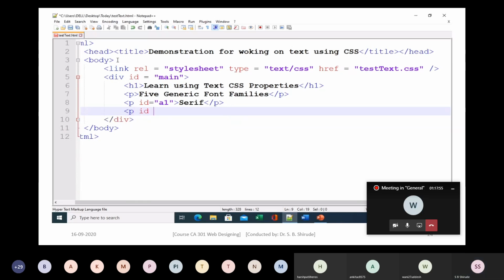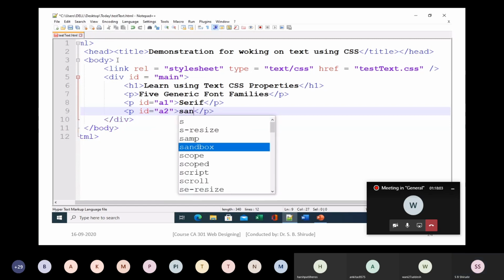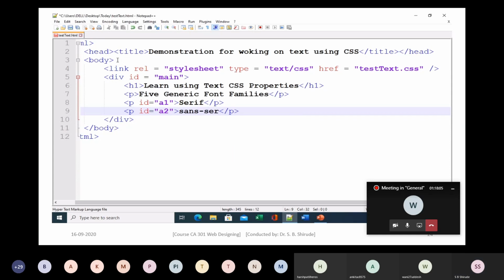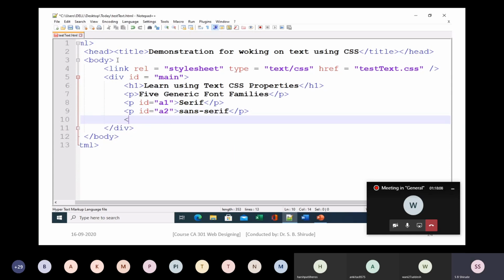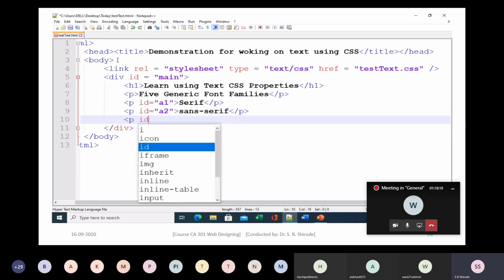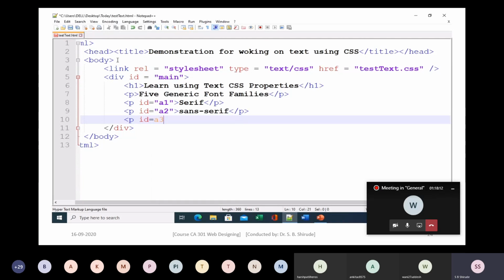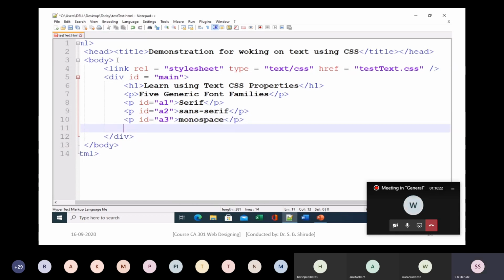Second, sans serif. See the code. Second means sans serif, and third one is cursive. Sorry, it's a monospace.